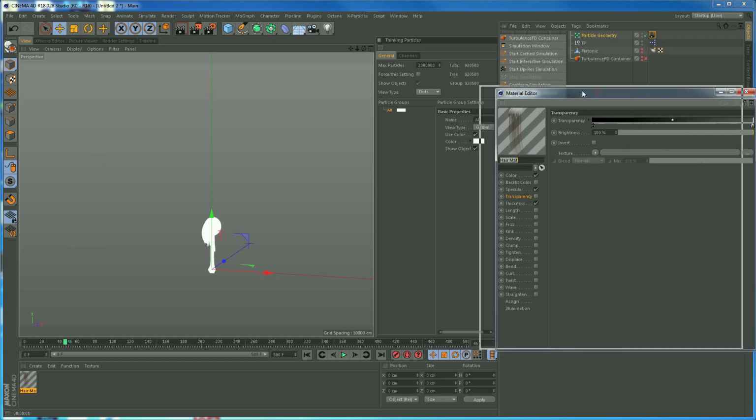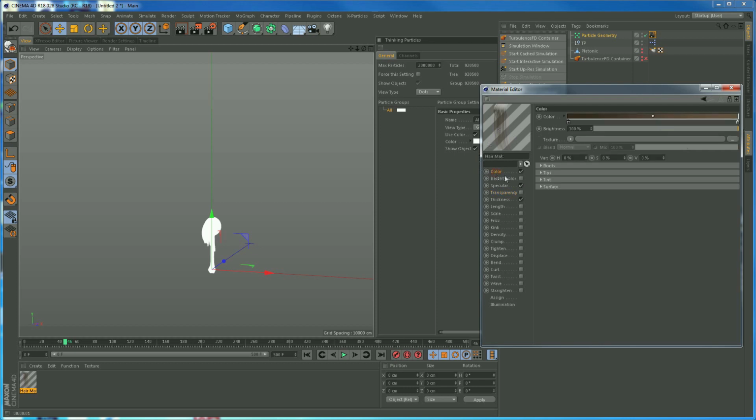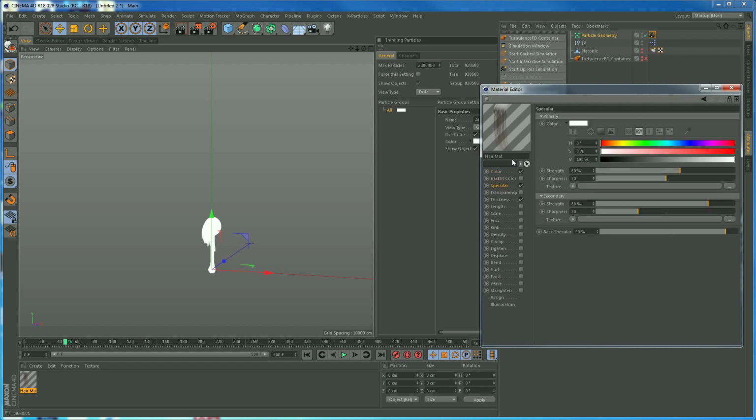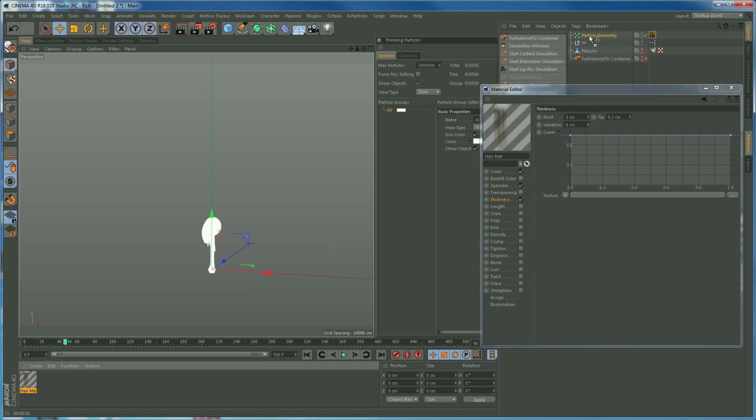So this is what we're going to do. Let's just render it as it is by default. By default we have color activated, and we have this brown ramp. We have specular activated, which has given us a specular highlight. And we have thickness activated, which at the root of the hair is 1 centimeter, and it graduates down to 0.1 of a centimeter at the tip. So it's the root getting thinner to the tip. So if we just hit render, actually let's drag that material onto the particle geometry. Okay, cool. Then we'll hit render,